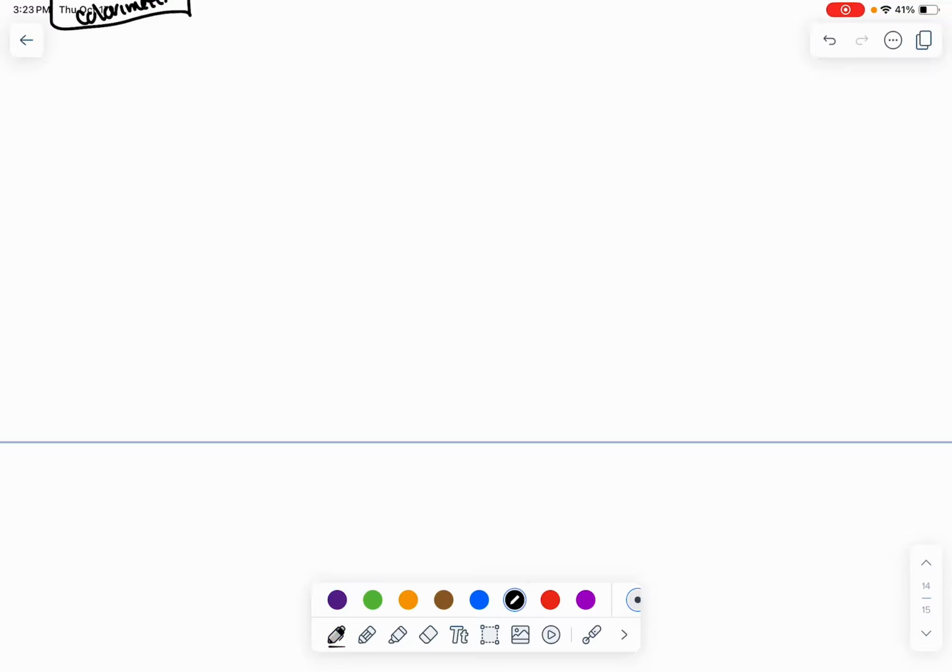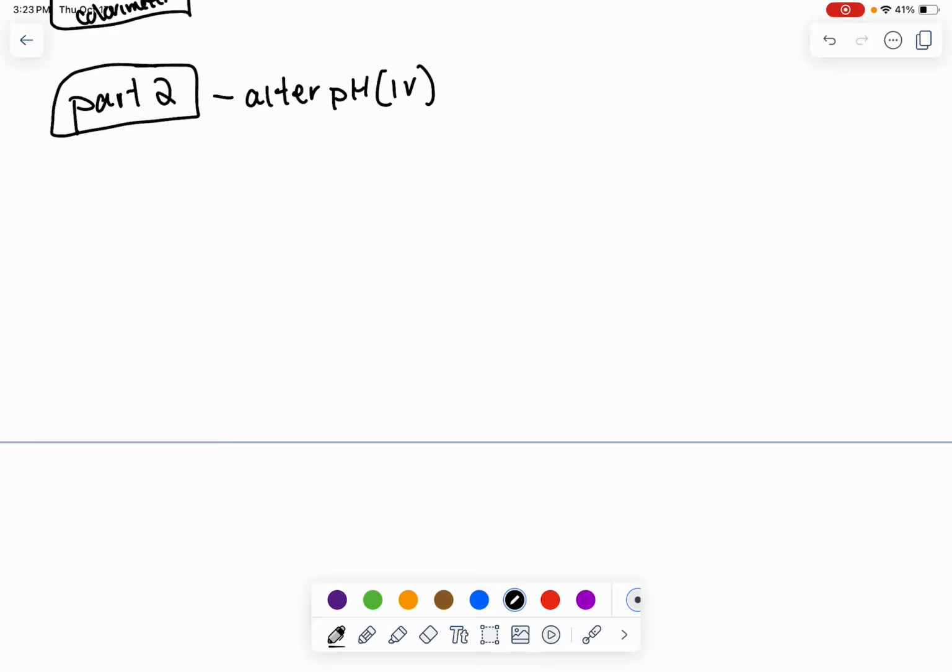Part 2, and this is where the directions I think are really confusing. It gives you all these test tubes and all these different things. But basically, I want you to understand this is where we're going to alter the pH. All right, that's going to be my independent variable. Okay, we're actually doing the experiment here. And we're going to do